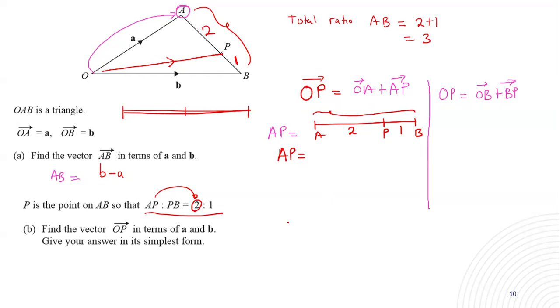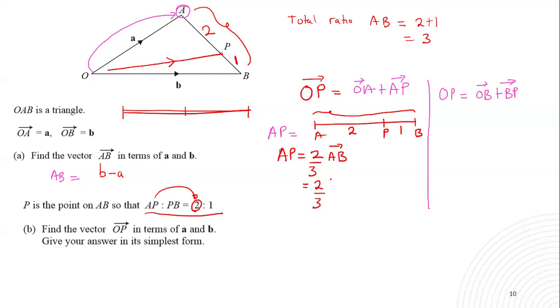So how many parts does A to P take? 2. So what would be our answer now? 2/3. AB. 2 out of 3 of the line A to B. Okay, good. So from here, friends, we shall continue and say, this is 2 out of 3, but we